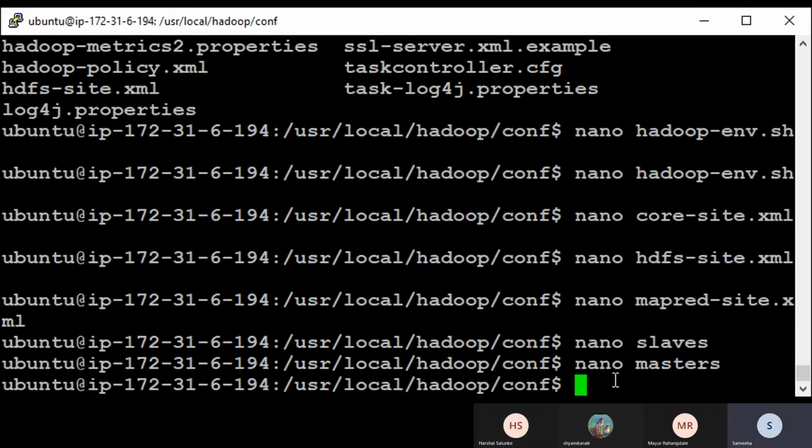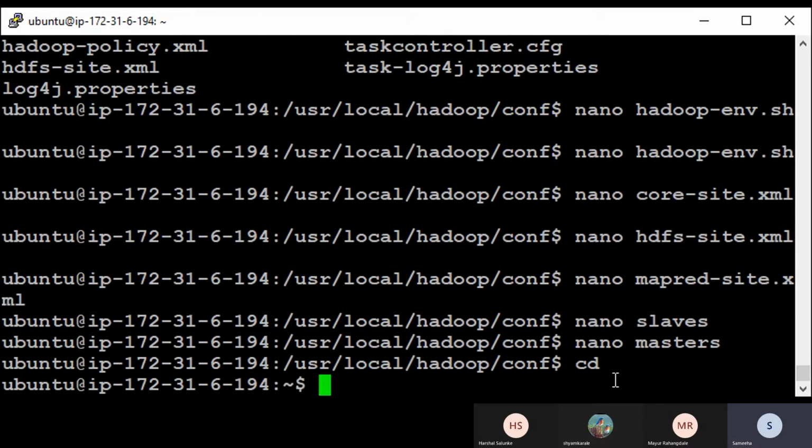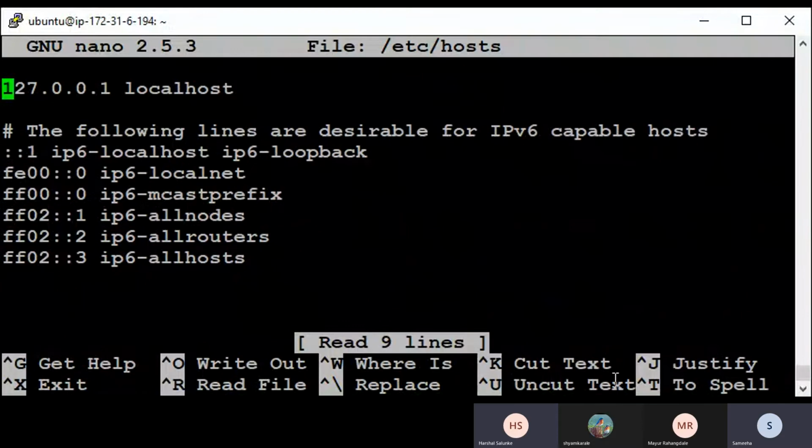So now all configuration files are done. We'll move out of this directory, and now /etc/hosts. Nano hosts, the DNS file.